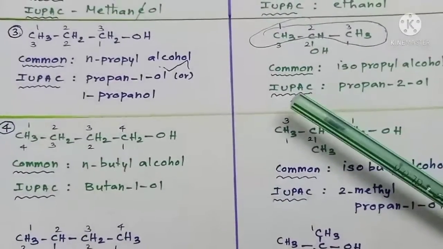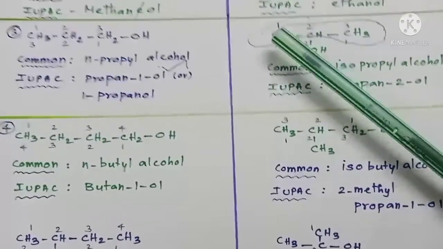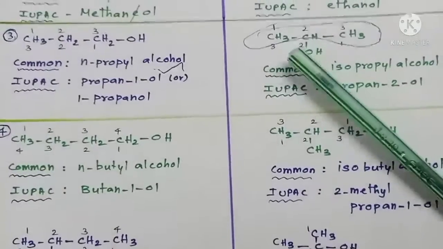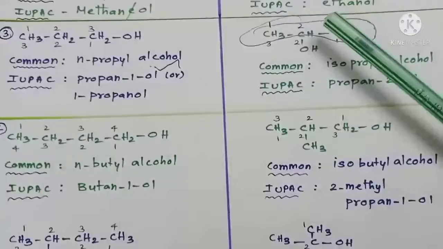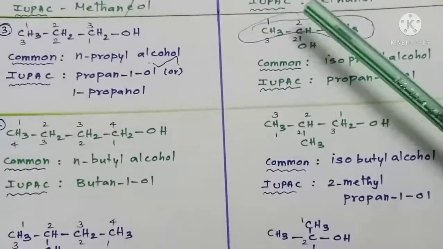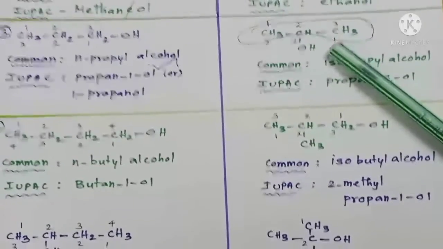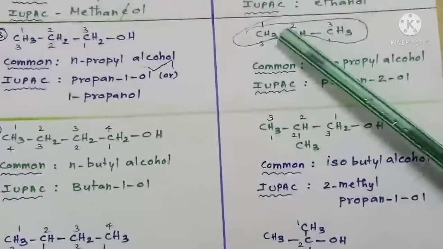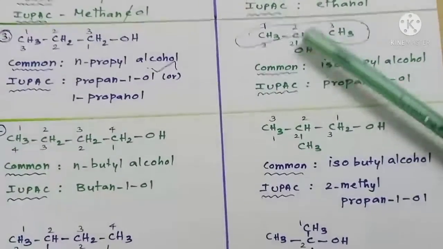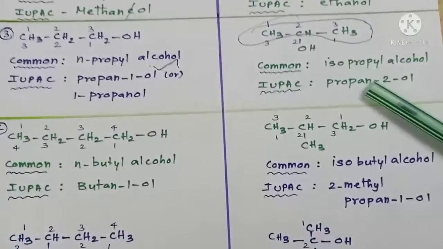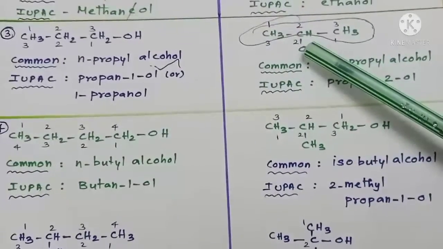As usual, for giving the IUPAC name, we number the parent carbon chain in both directions. But here, when you move in either forward or backward direction, the alpha carbon is getting the same number 2, isn't it? So this can be numbered either way. It is a 3 carbon derivative, so it is supposed to be called propanol. Then the OH group is exactly at the second carbon, so propan-2-ol. So these are the 2 different derivatives of propyl alcohols.